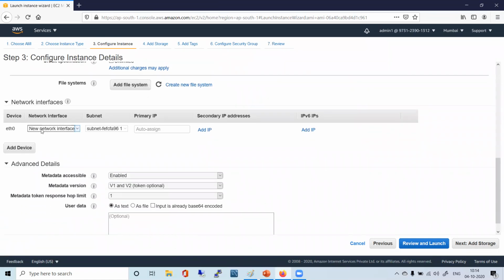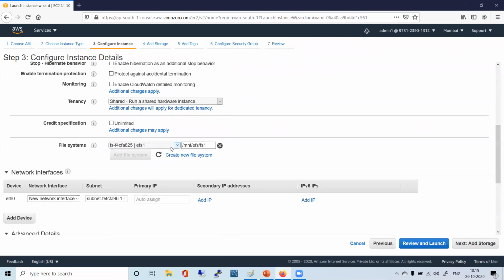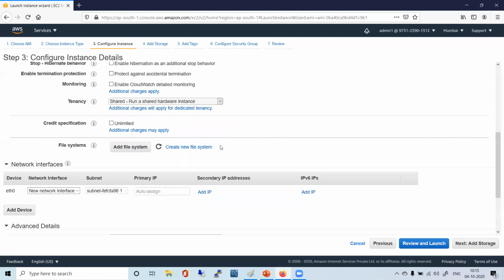You see again here, this interface auto assign, everything is the same. You have the file system option, add file system, just click, you can add that EFS also, right? You have a choice. You can just remove it, right? So you are getting the features.